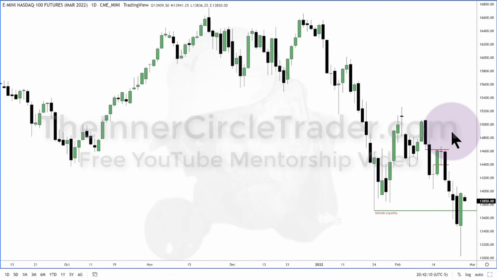The question I get a lot is, how do I know if I'm going to sell above an old high? How do I know it's not going to keep going higher? Well, that's the underlying market structure and the trust in the factors that I'm going to teach you tonight. In here, we're going to take a deep dive into that price action right there.